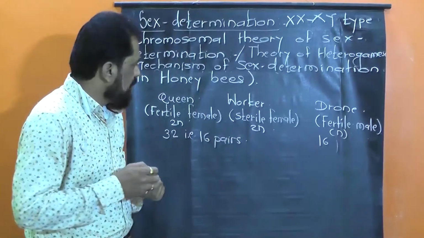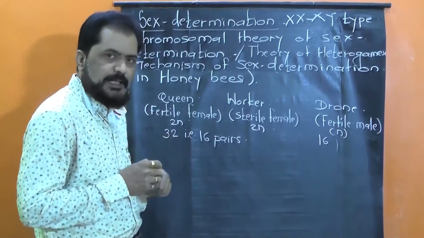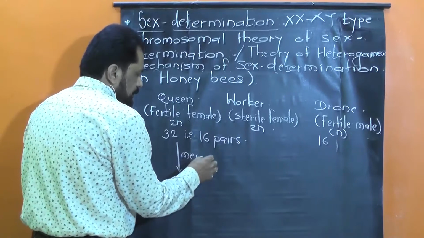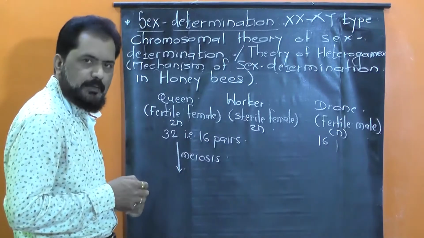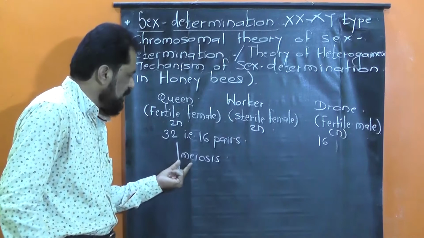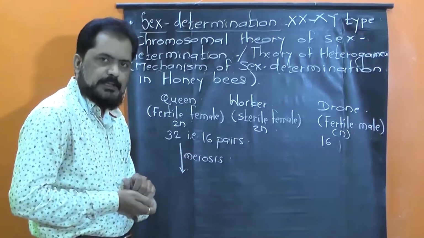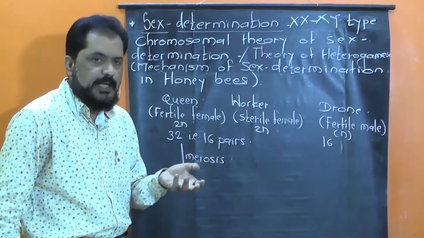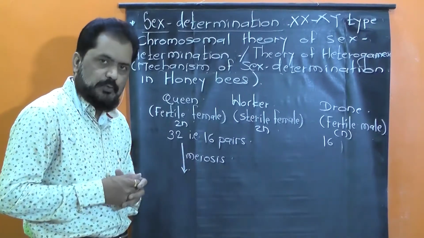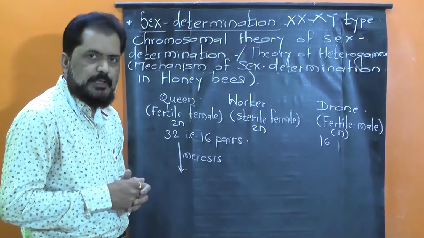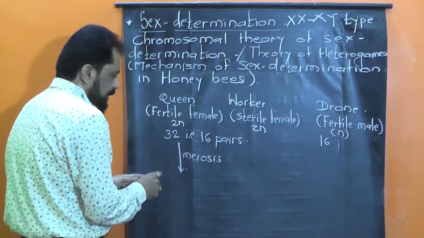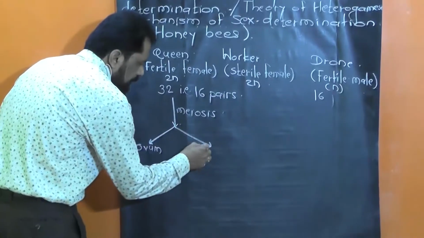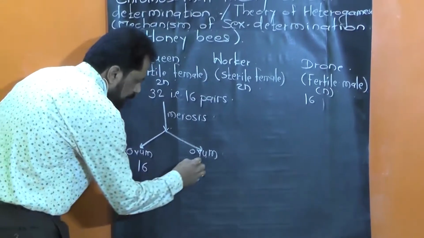Now when this queen bee, fertile female, produces female gamete, here the oogenesis, that is formation of female gamete, takes place by means of meiosis. या ठिकाणी oogenesis याचा अर्थ प्रोसेस ऑफ फॉर्मेशन ऑफ एग, हे मियोसिस या पद्धतीने होतं, यू नो, रिडक्शन डिव्हिजन, आणि त्यामुळे या ठिकाणी female gametes produced are with 16 chromosomes,